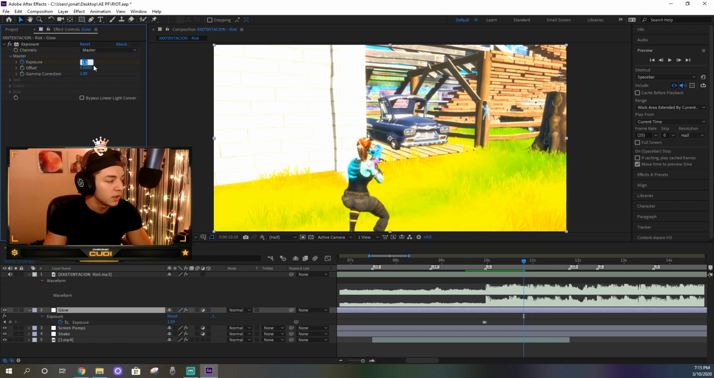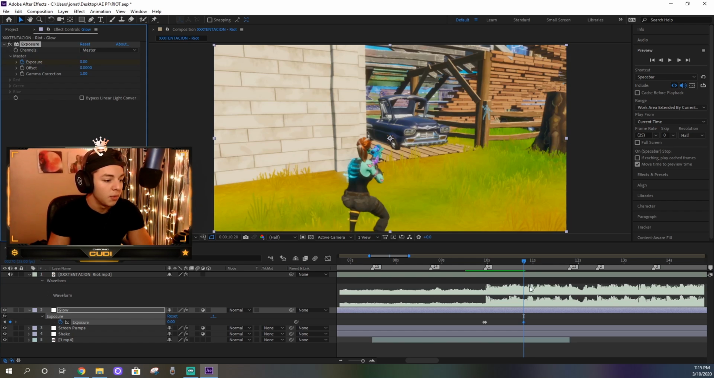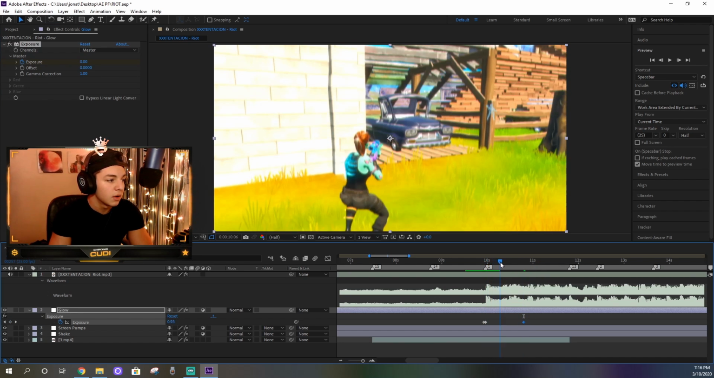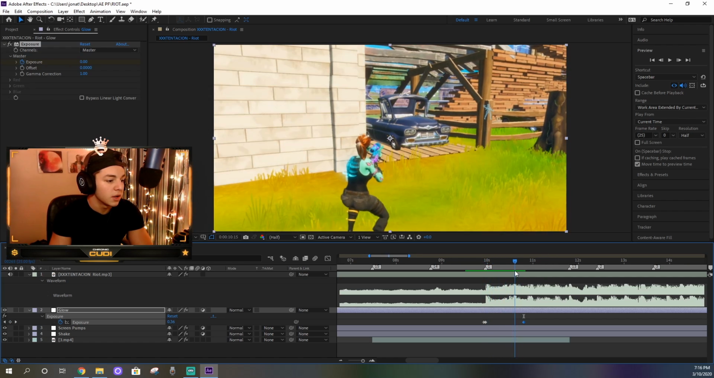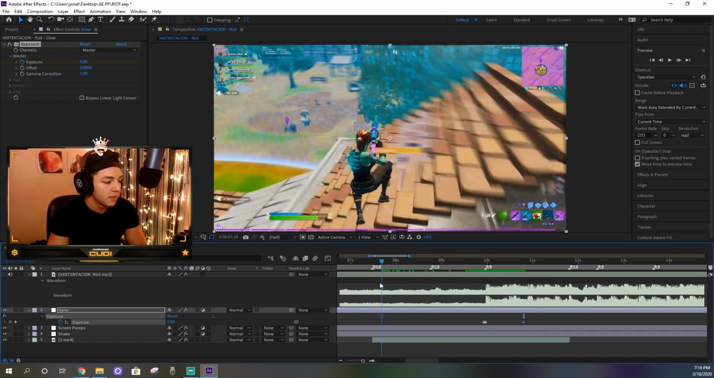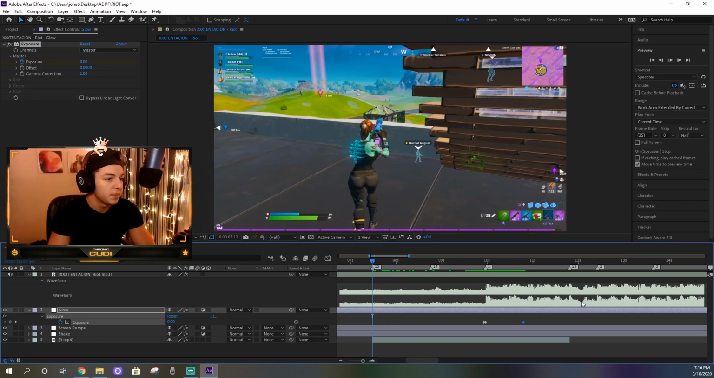So let's go ahead and put the exposure to 0. And what that's going to do is going to create a keyframe right there. So it'll slowly glow out back to normal, as you can see here. From this point here to this point here. And just like that, if we kind of preview it,